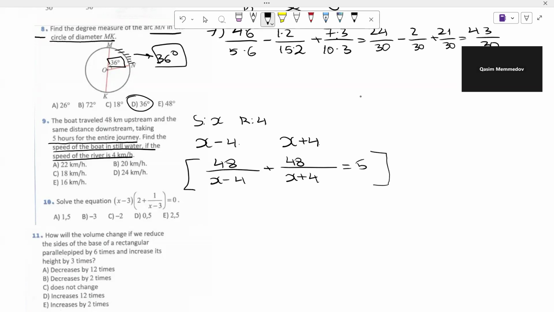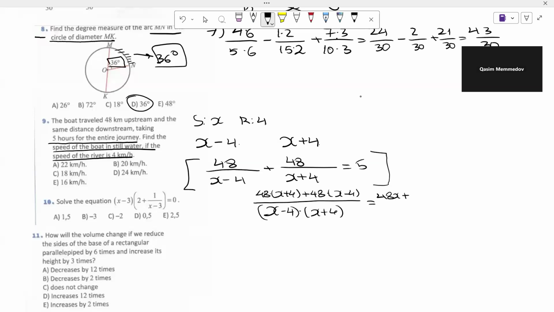Firstly, we must write it with a common denominator. X minus 4 multiplied by x plus 4. And in the numerator, 48 multiplied by x plus 4 plus 48 multiplied by x minus 4. And it equals